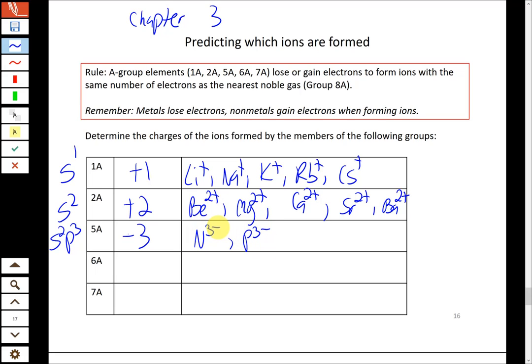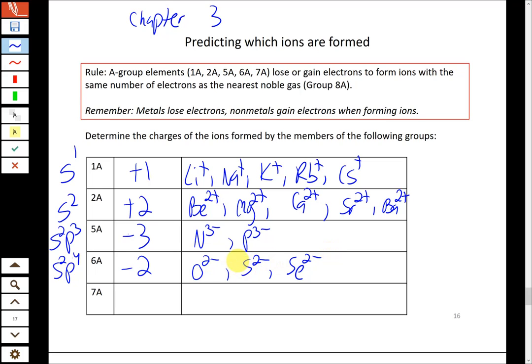Most of group 6, you see that as well. So they would gain 2 electrons because they're S2P4. So with 2 additional electrons, they can get to S2P6, which is where they want to be. So oxygen would do that, sulfur and selenium. Again, below that, you get close to that staircase, so they start to behave more like metals, and it's harder